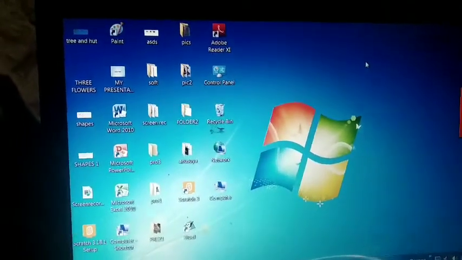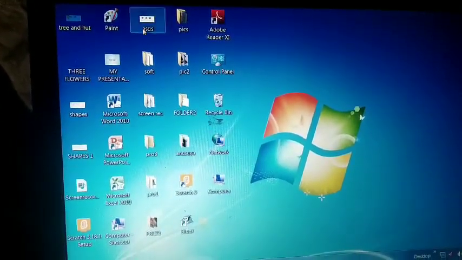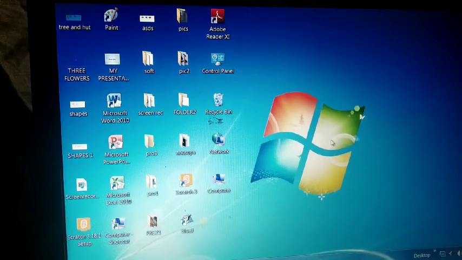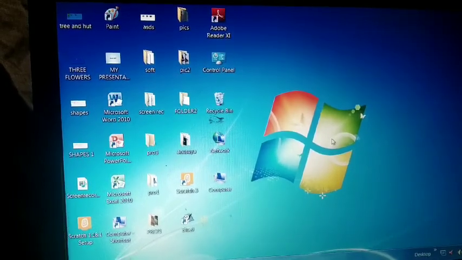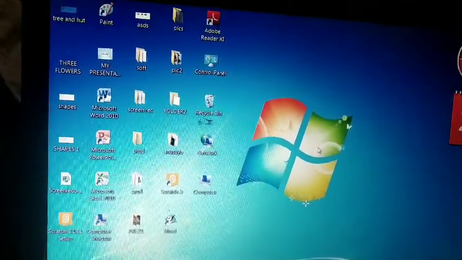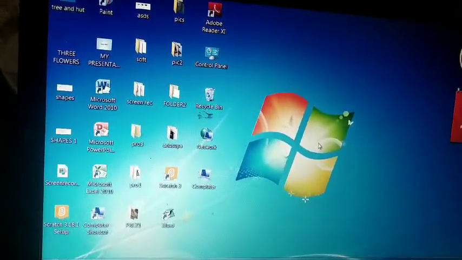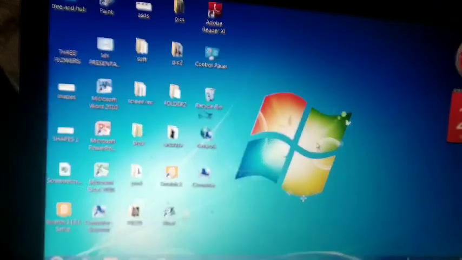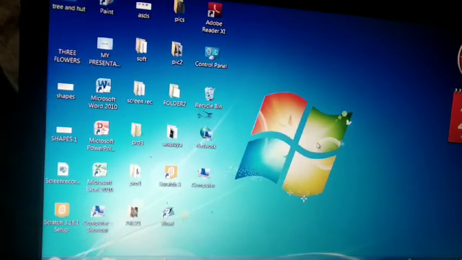Previously all icons were scattered all over the screen, but now you can see all icons are arranged. So this is called sorting of icons.